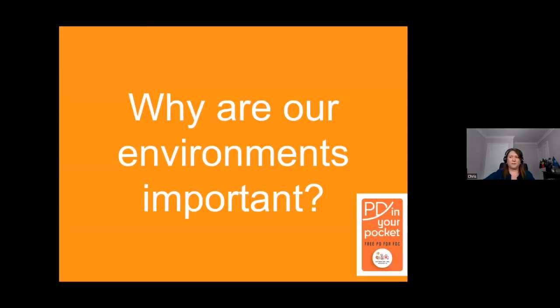Why are our environments important? So this probably is the most important question. But for this topic, environments in family daycare, we want to define our environments as it refers to the location of the home that you are actually operating your service from. When we talk about environments, we're referring to all fixed structures that are inside your home. It also refers to furniture, furnishings, as well as equipment, materials, any resources that are provided by you inside your environment. And also it does refer to all indoor and outdoor spaces at your home that are used by children.